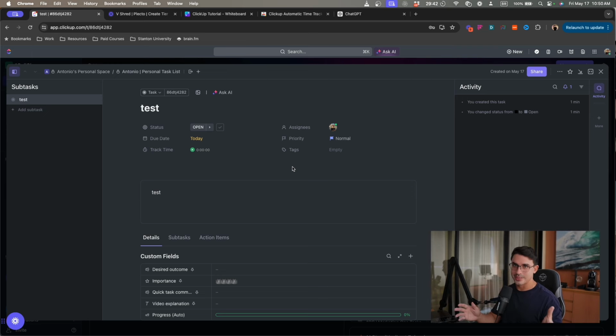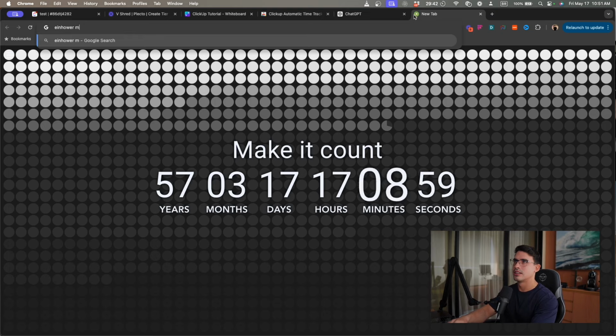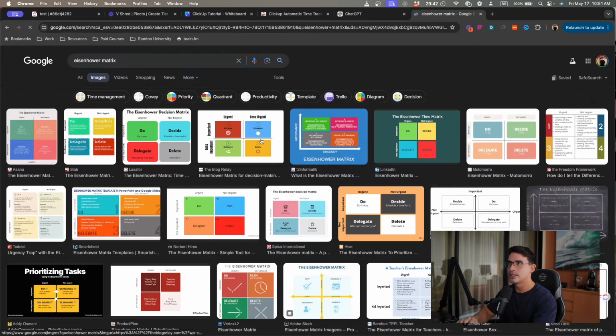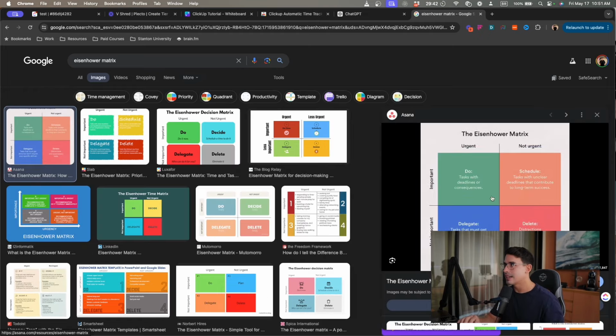It's important. But the priority would help you build what I typically use to manage my ClickUp. It's an Eisenhower matrix. So Eisenhower, I'm butchering this. I don't know how to spell. I don't know how to write. So pardon me. But basically, the way that I set up my ClickUp is to help me identify the things that need to be done, the things that we can schedule, the things that I can delegate, and the things that I can eliminate.